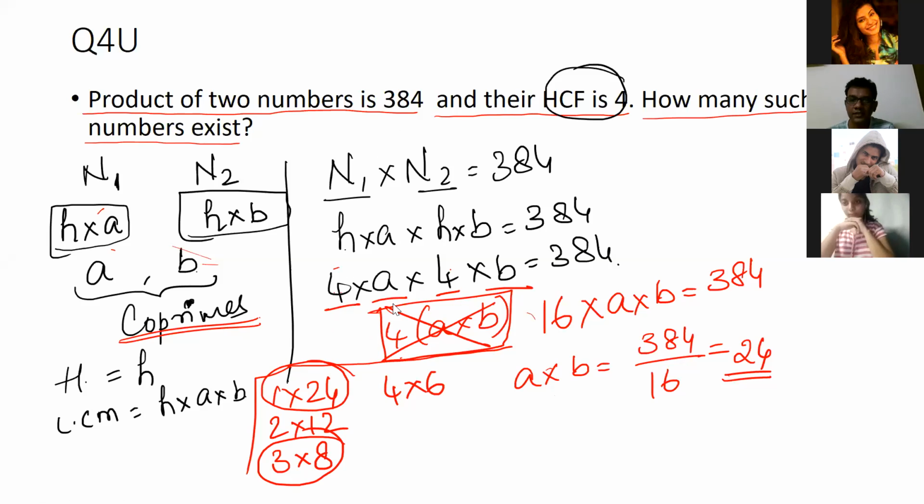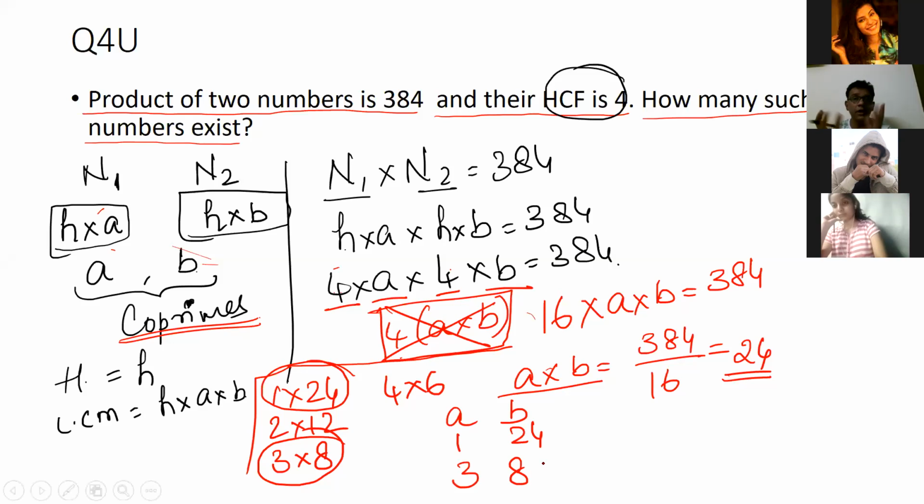So which implies that A and B can be 1, 24, 3 and 8, or the reverse. Doesn't matter, okay? They are not asking me for an order. They're asking me 2 values. So A and B can take 1 and 24, 3 and 8. So if A and B can take 1 and 24, 3 and 8, then the values N1 and N2